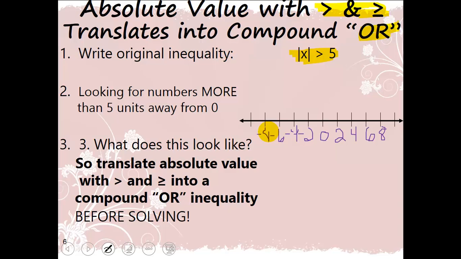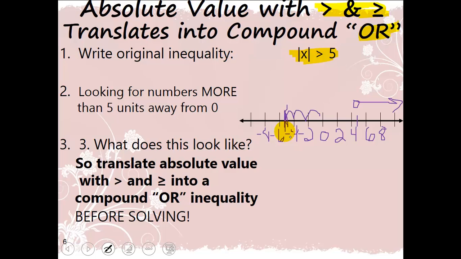So let's do the positive first. So here's 5. So I'm going to use an open circle because this indicates that I need to use an open. And then I want more than that. So I don't want to go towards 0. I want to go away from 0. And then I can count 5 units to the left, right? 2, 4, 5. So here,